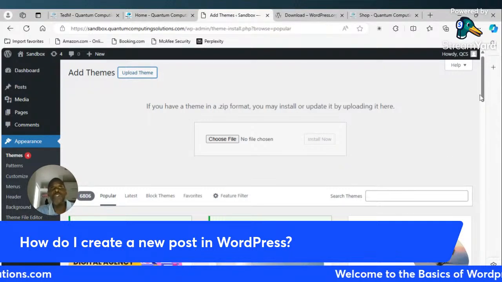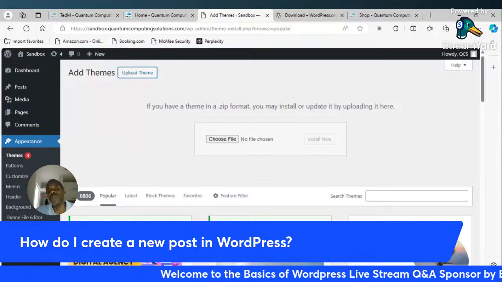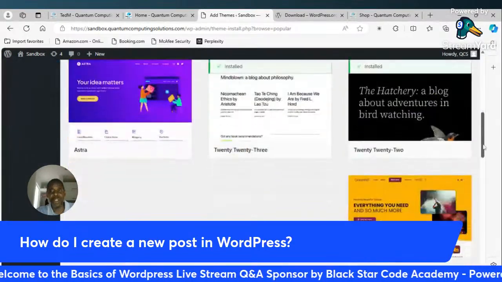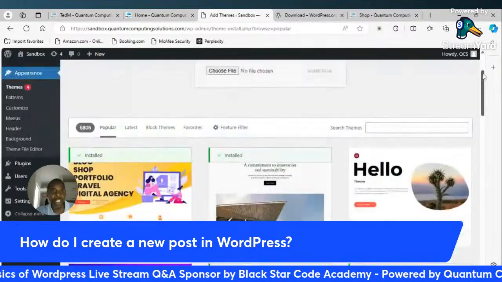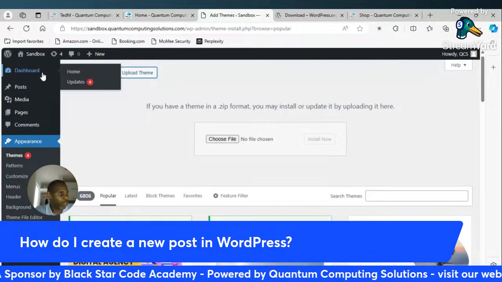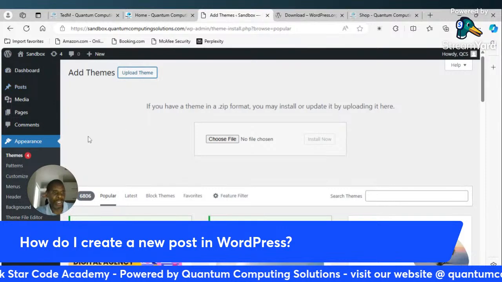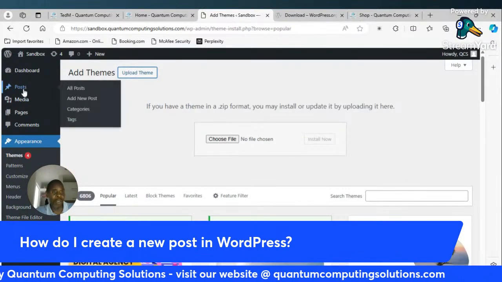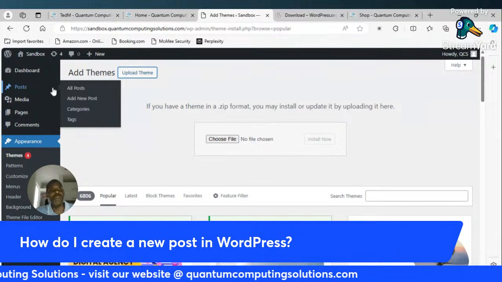Just a very basic overview, a very basic question and answer session about WordPress and how to install and configure the basics of WordPress. So now once we're back in our dashboard here, we want to create a post. So you go over to the Posts option in the admin menu and you go to Add New